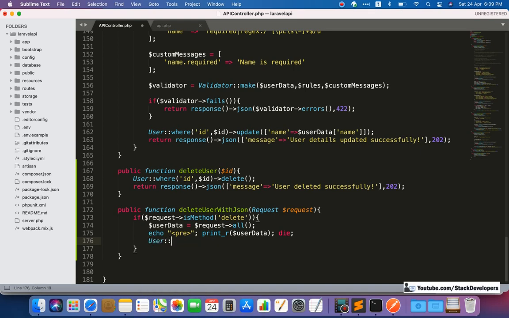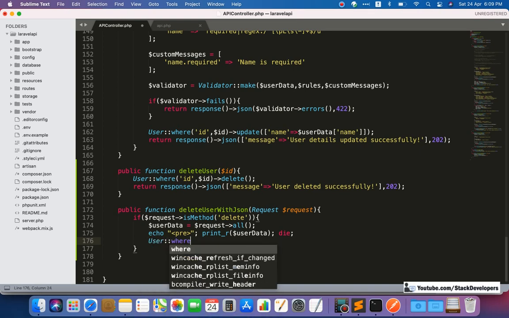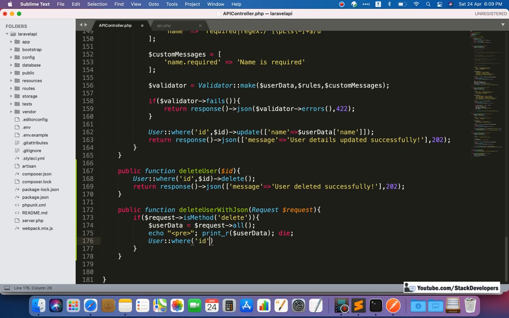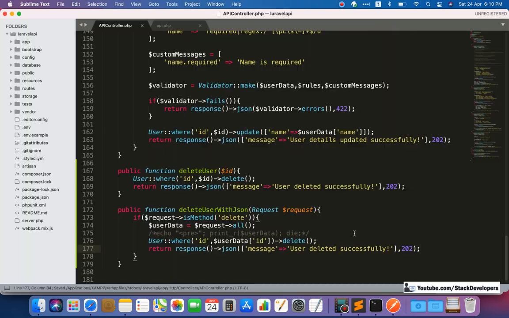Like we have done earlier, now we have the data in user data, in array ID, and after that we are going to call the delete method once again, and pass this one. First of all we are going to use the 202 that will show the response.